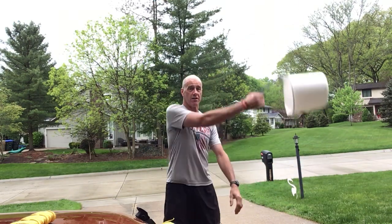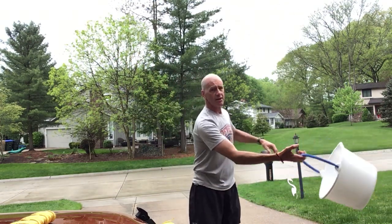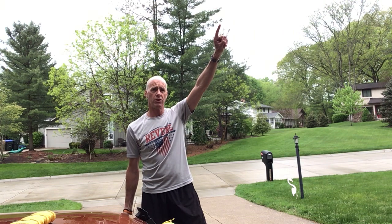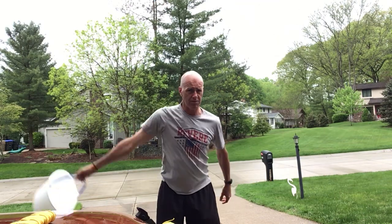What's keeping the water in the bucket is, if I go fast enough, the water is forced to the outside of the circle: centrifugal force. Like I said, I can do this in the classroom, but not what I'm going to do right now. So what if all of a sudden the motion stops at the top? What's going to pull that water down? Of course, gravity. So we've got some centripetal force keeping it going in a circle. Centrifugal force is sending the water to the outside of the circle into the bottom of the bucket, keeping it in there. But if it suddenly stops,